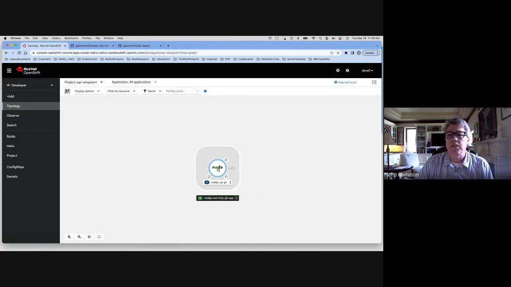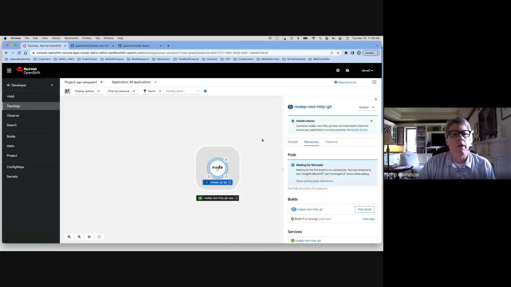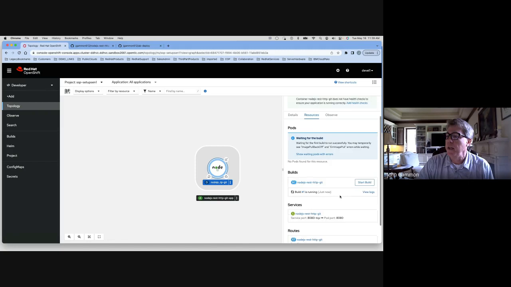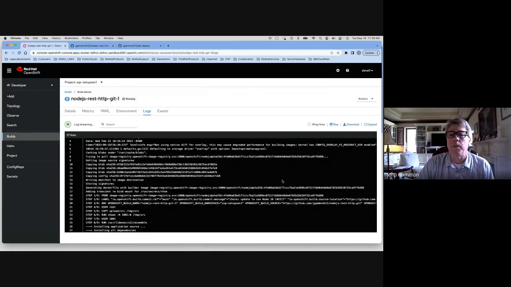And what you see here is a topology view. And I'm going to now show you a little bit more about the deployment model. And what this light blue means is that something's being deployed. Well, it doesn't give me a lot of information. So what I want to do is go in and look at the logs of the build